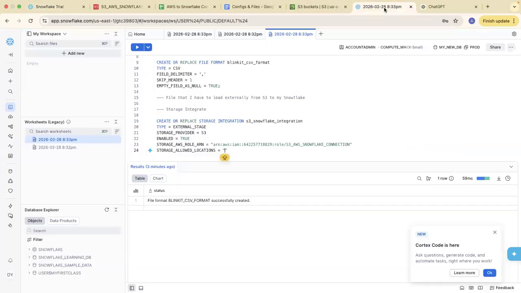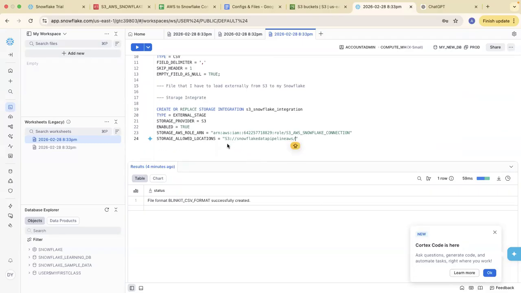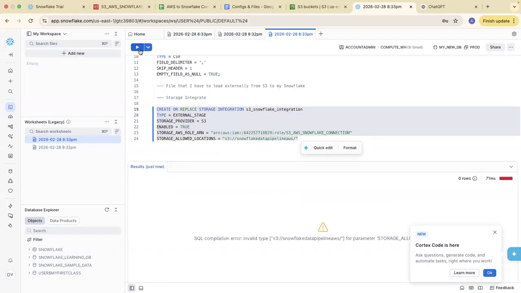So I will give here S3, and after the two slashes, I just give my bucket name and a slash again. I have given my S3 location also, because I don't want to give access to all buckets. I am only going to give access to a particular bucket. So I have given all the things, and now I will simply click on create.